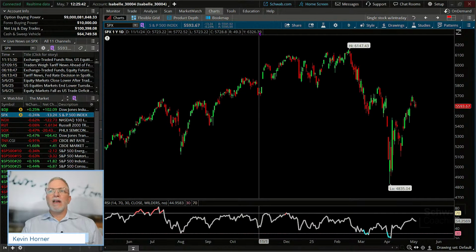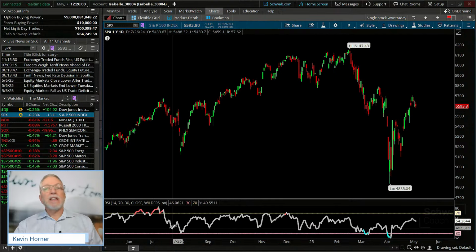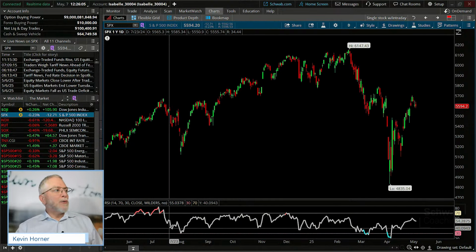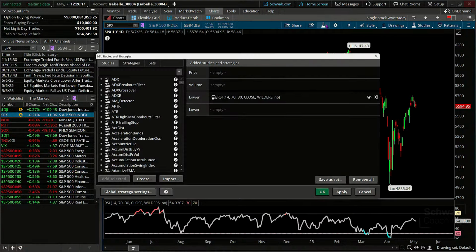Okay, so let's see about these study sets. Like I said, I wanted to show you the process that I found pretty convenient, pretty quick to build out new study sets. And a lot of the time, those study sets are going to incorporate mainly some moving averages and maybe some detail down below. So the first thing that I want to encourage you to give consideration to is, let's go into the flask here or the beaker, take your pick, and you'll notice that we have the RSI as the only study added to my chart. Okay.